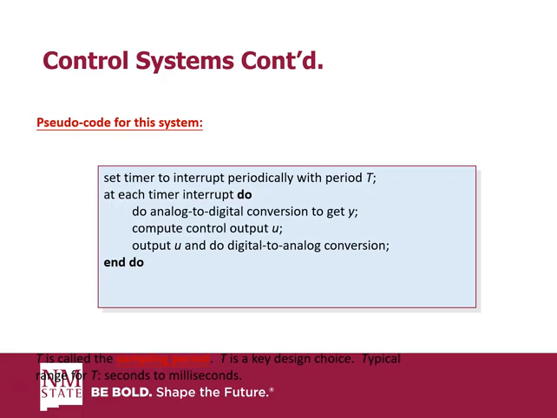Next, the system computes the control output u. This is where the control algorithm comes into play, calculating the necessary adjustment based on the measured value and the desired set point. Finally, the system outputs u and performs digital to analog conversion. This converts the digital control output back into an analog signal that can be used to drive actuators. The loop then repeats at the next timer interrupt,